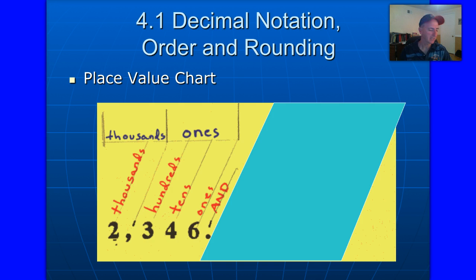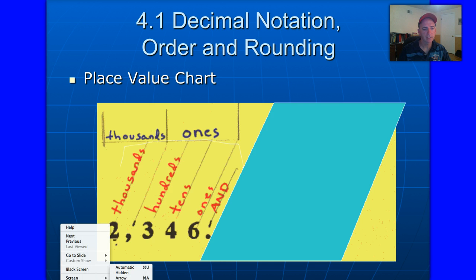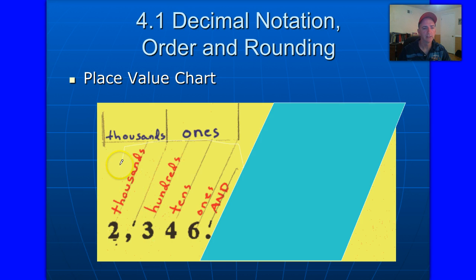Let's move to the bottom of page number 1. We have to start with place values and making sure that you know and can recognize and identify all the place values. Well, this is what we should know so far. We should know all the place values over to the left of the decimals. So I'm going to change my color here to see if it'll show up a little better. Let's try blue. There we go. That's a little better. And as I scroll along here,